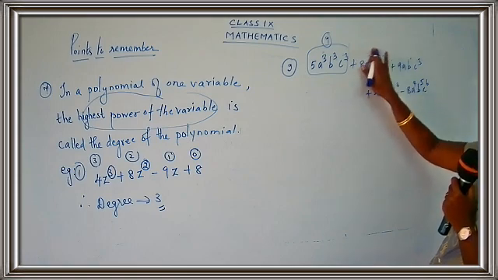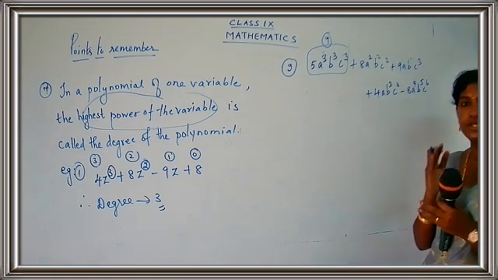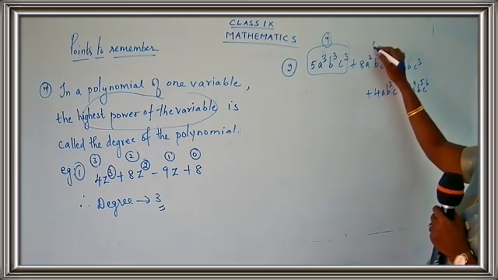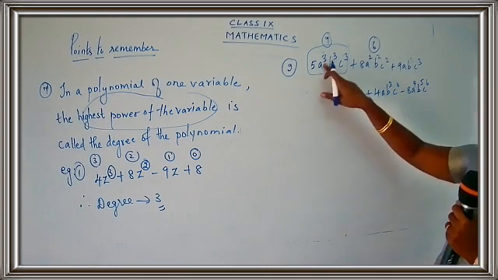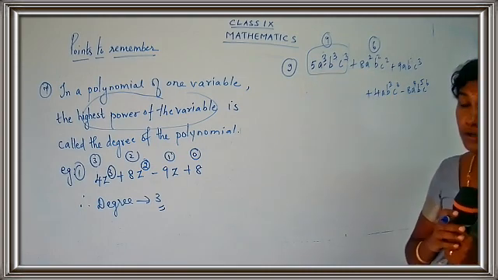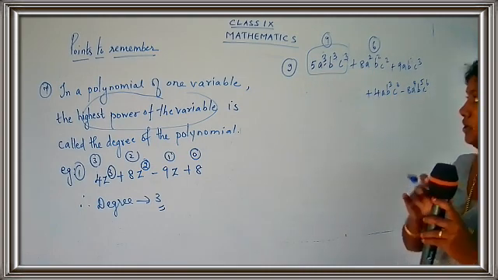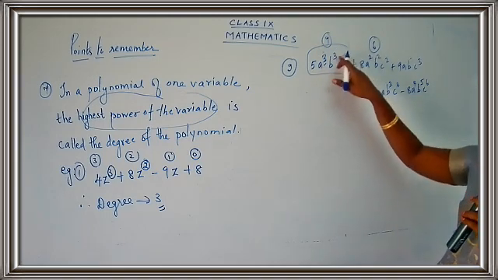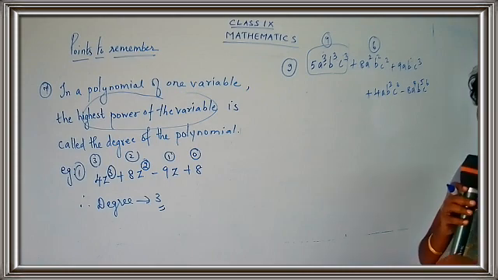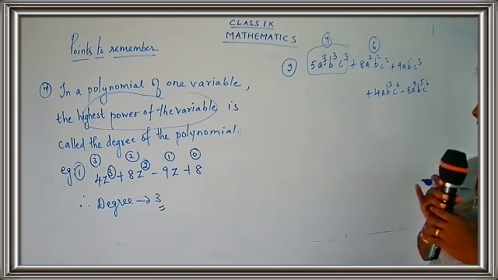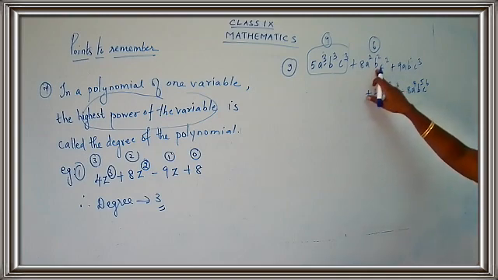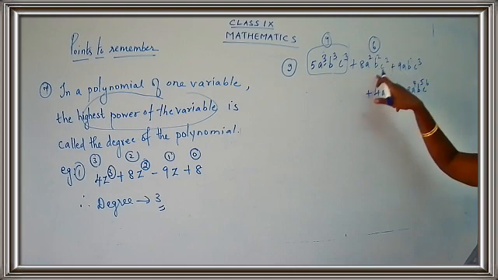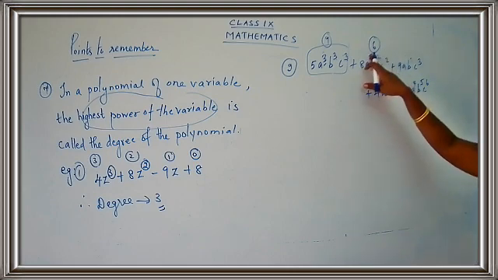What do you get here when you add all the three powers? 2 plus 2 plus 2. So 2 plus 2, 4. 4 plus 2, 6. So I get the power as 6. When I add all the powers of variables, remember to take the power of the variables, okay? So a cube means 3 power, b cube means 3 power, c cube means 3 power. So add all the 3 powers. So 3 plus 3 plus 3, 9. A square, b square, c square. So 2 plus 2 plus 2. So 2 plus 2, 4, 4 plus 2, 6.